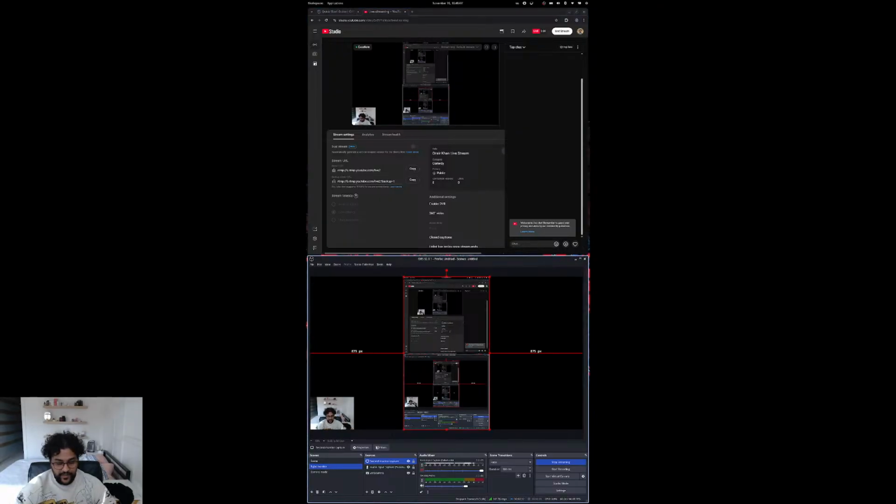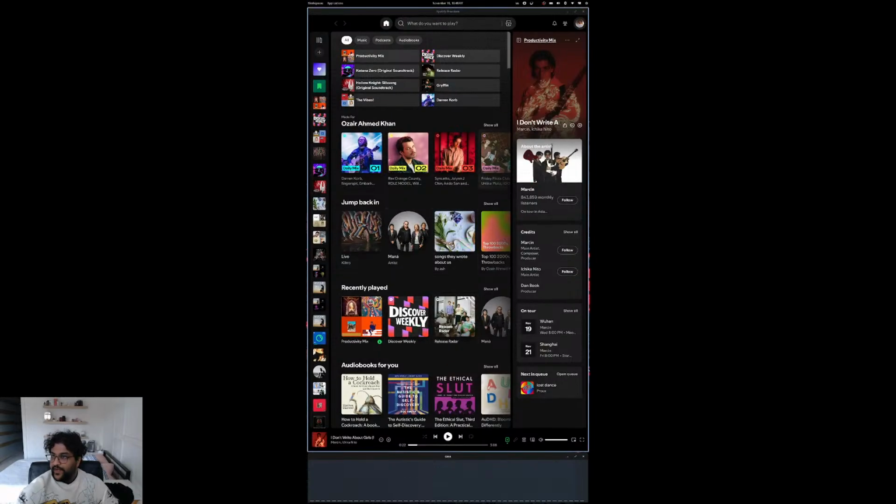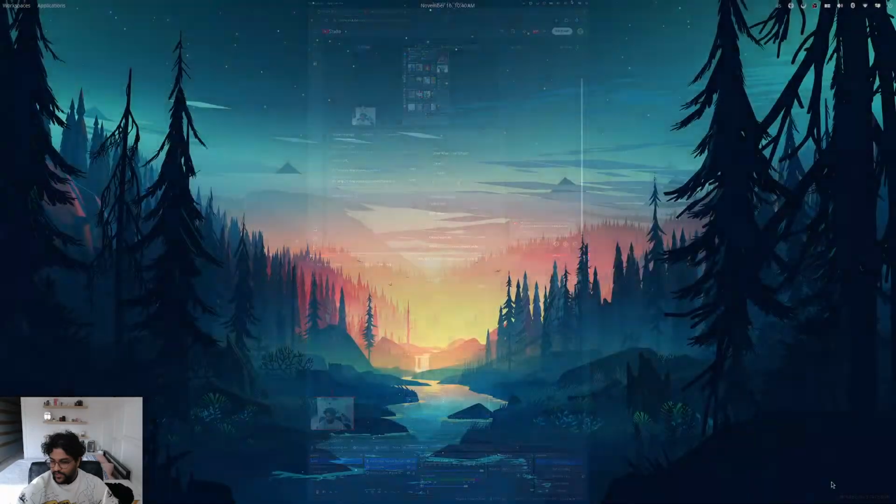Nice. All right. So this is my right monitor. Now if we go over here, we'll see that I have Kava and Spotify opened up. Now I won't be able to mimic this exact sizing, which is a little unfortunate, at least not with Cosmic, maybe with something else. But I'm making a script where I can